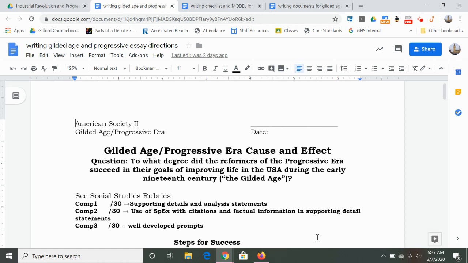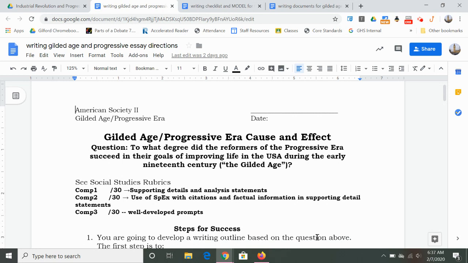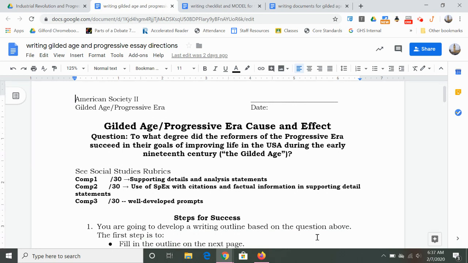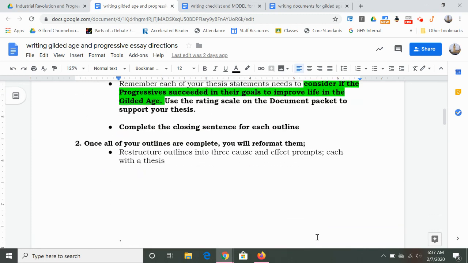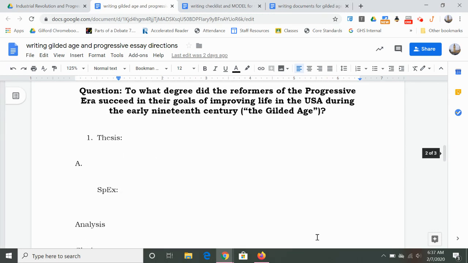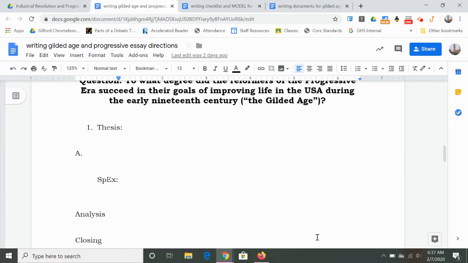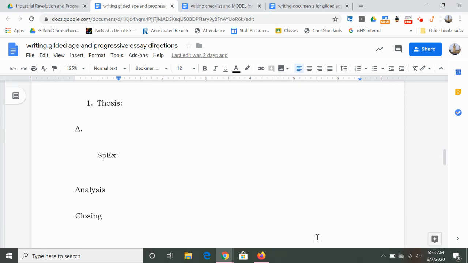I know that you received a lot of documents the other day, so on the screen right now is the first document that you should find. It's called Gilded Age Progressive Era Cause and Effect, and there's directions. What you should be concerned with, and this is actually in Classroom already, is the outline that's attached to the second page. This is where you're going to type in your summative assessment outline, which is going to serve as